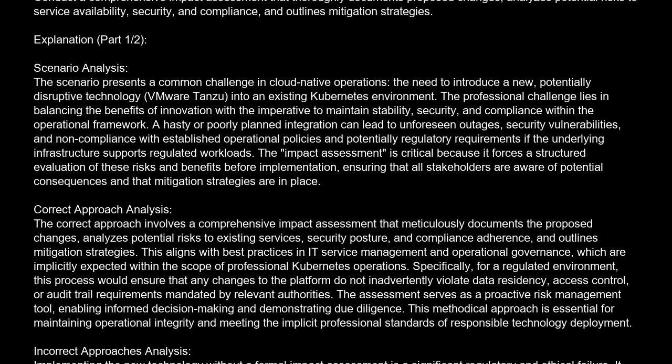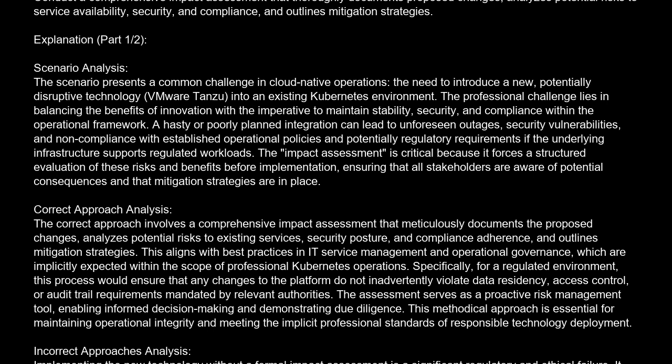Correct approach analysis. The correct approach involves a comprehensive impact assessment that meticulously documents the proposed changes, analyzes potential risks to existing services, security posture, and compliance adherence, and outlines mitigation strategies. This aligns with best practices in IT service management and operational governance, which are implicitly expected within the scope of professional Kubernetes operations. Specifically, for a regulated environment, this process would ensure that any changes to the platform do not